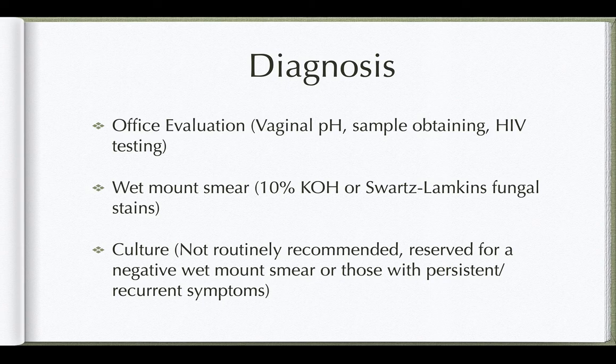The diagnosis is usually made upon history and the office evaluation. The office evaluation includes the clinical examination we just discussed, including the speculum exam. When doing the speculum exam or the clinical examination, a vaginal pH should be taken. Most patients who have a candidal episode or a VVC episode have a normal pH, which is between 4 and 4.5, as it is not associated with a disturbance in the lactobacilli. If the pH is higher than normal, one should suspect a bacterial vaginosis or trichomoniasis.